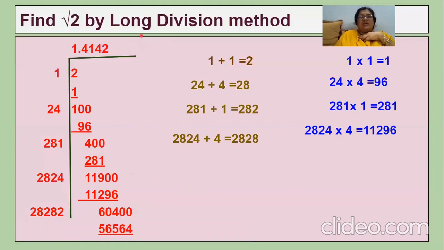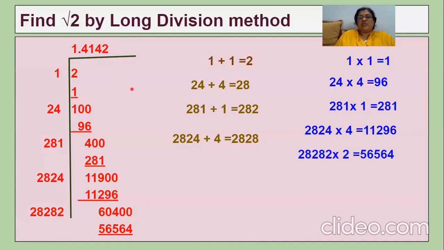So here you can find out the value of root 2 by correcting to 3 decimal places. 3 decimal places means like this. Here you can cut the value, and you can take the value like 1.414. See here, this number 2 is less than 5. So when you cut the value at this place, this is less than 5. Therefore, you just simply remove this 2 and keep this 4 as it is. So the answer will be 1.414.